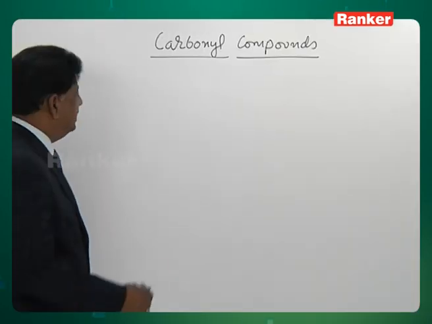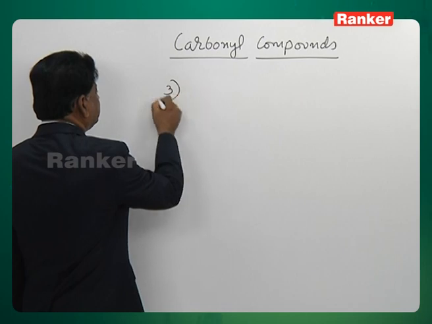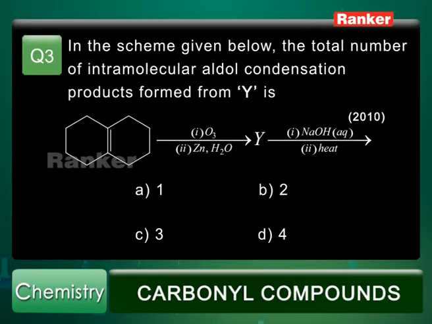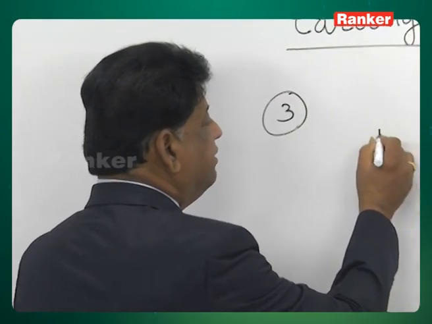So let's go to question number 3. In the scheme given below, the total number of intermolecular aldol condensation products formed from the compound Y is. It's a 2010 question. So the question given is there